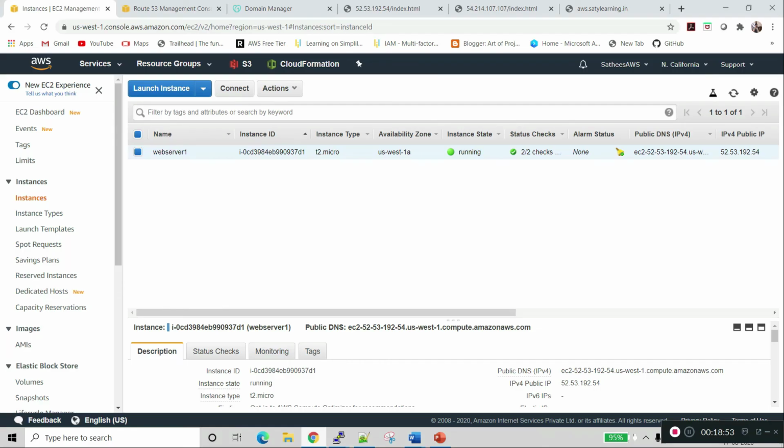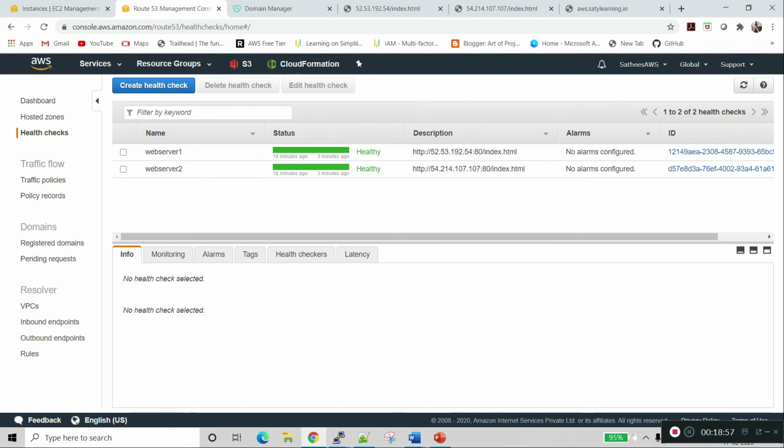Now we will go and check Route 53. Both the environments are healthy. It will take 30 seconds to refresh this status. We will wait for a few seconds.